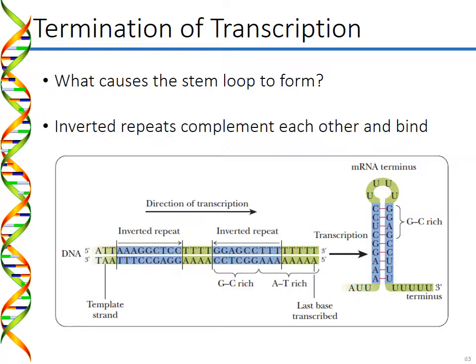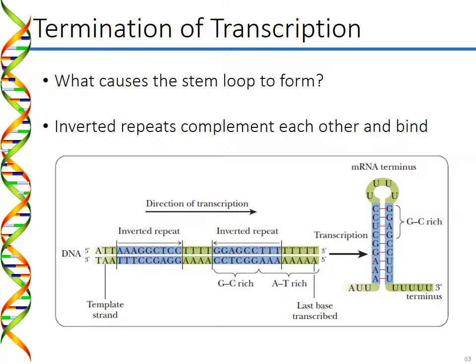and therefore the complementary sequence is on the upper strand. And so if you mentally eliminate that bottom strand, you can see that if you were to fold that top strand in on itself, the outermost nucleotides would be A and T, which would bind to each other, another A and T, another A and T, then a G and a C, and so what we end up with is the figure on the right, and of course this is mRNA, so we're substituting U's for all of those T's, but you see down at the bottom of this sort of hairpin, it's referred to as the stem loop, down at the bottom you